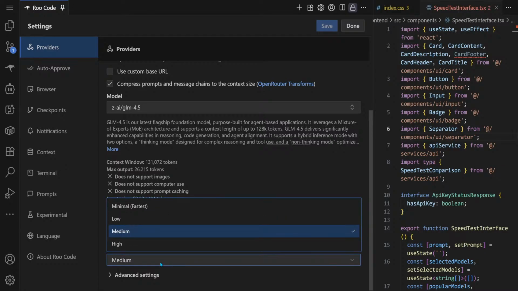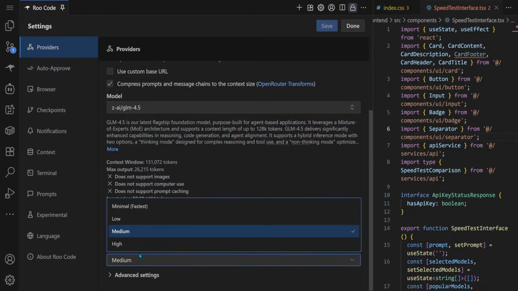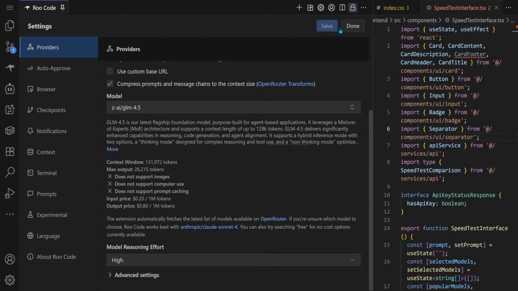Reasoning effort, medium. Seems to be. Is this a reasoning model though? Mixture of experts architecture, supports context up to 220. Reasoning. Okay, it does reason. So if I set it to high,